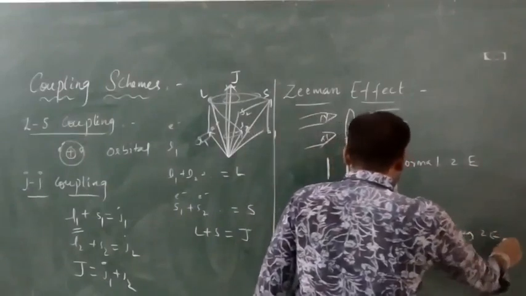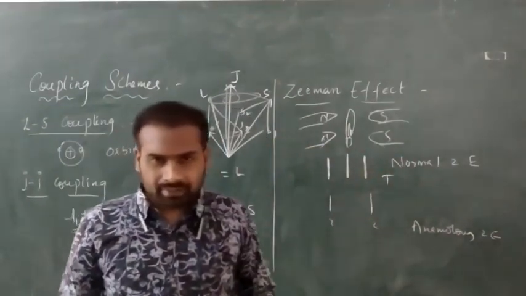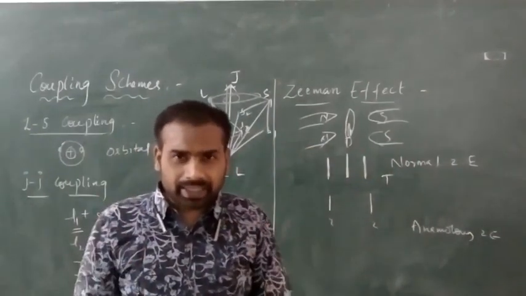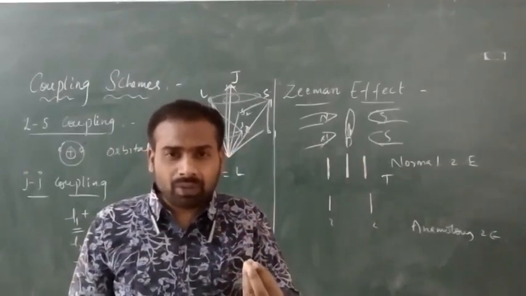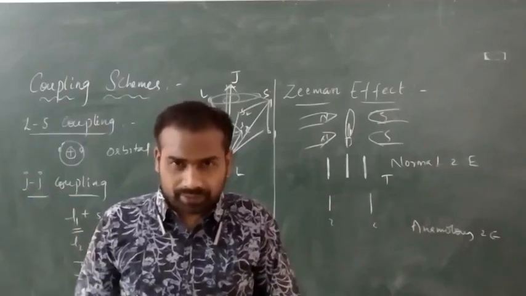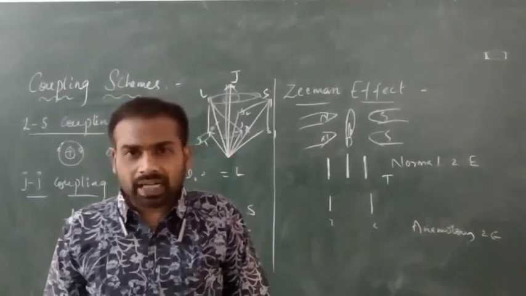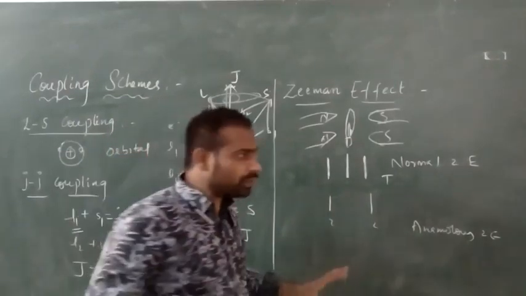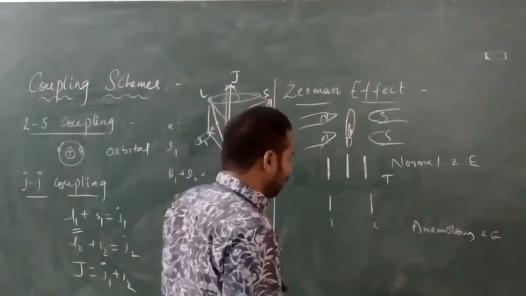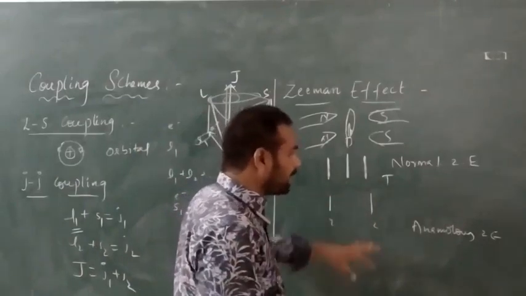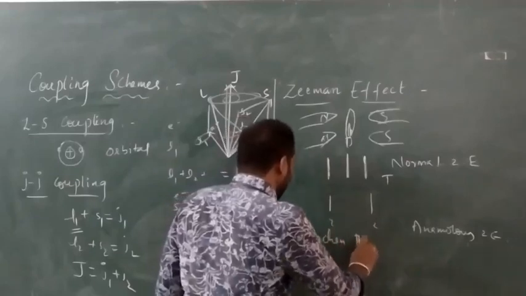So anomalous Zeeman effect happens when the light is placed in a weak magnetic field, and the spectral lines will be split into more components rather than two or three components. That is called anomalous Zeeman effect. We can also explain this. Next we have, generally, Paschen-Back effect.